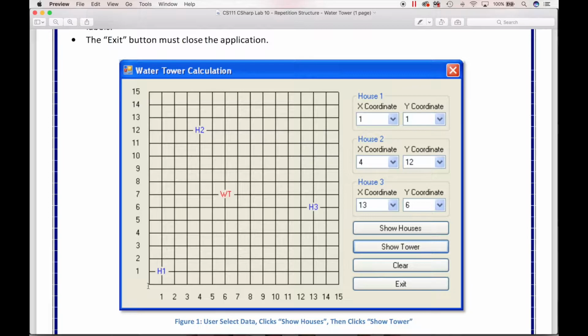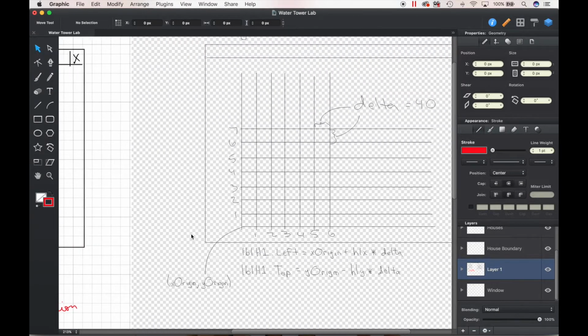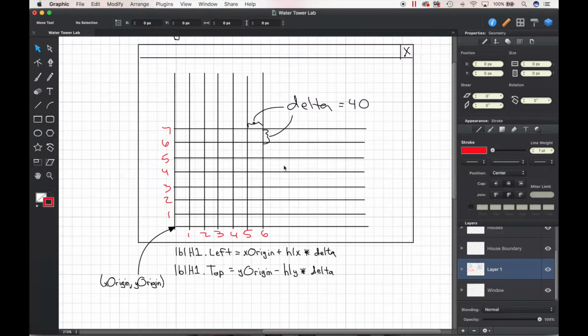That's the relative origin. So when we move a house from here to here, which is 1 over x, 1 over y, that's based on the relative origin, this guy right here, but of course the relative origin is relative to this absolute origin. So I have to find out where this point is, and then from there, add whatever the distance is supposed to be. Well, how do you do that? Well, let's go over here to this picture. The way that we're going to do that is as follows. We're going to have to determine what the separation of these lines are. And whatever that separation is, whether it's 40 points, 50 points, whatever that happens to be, we're going to call